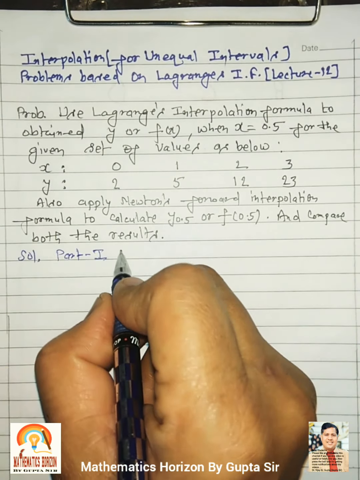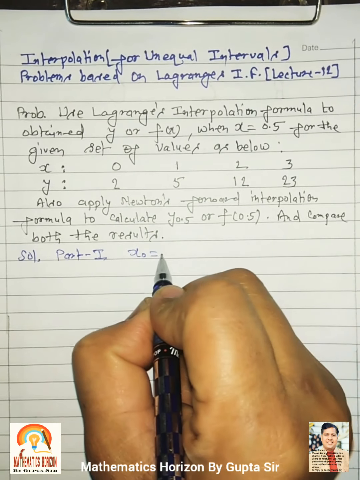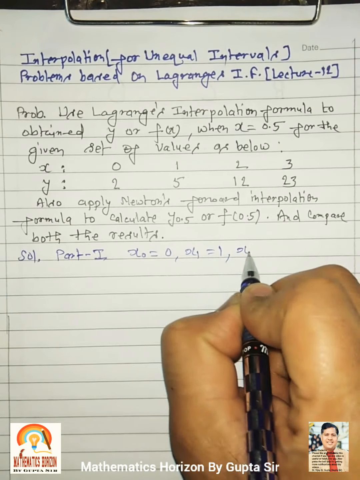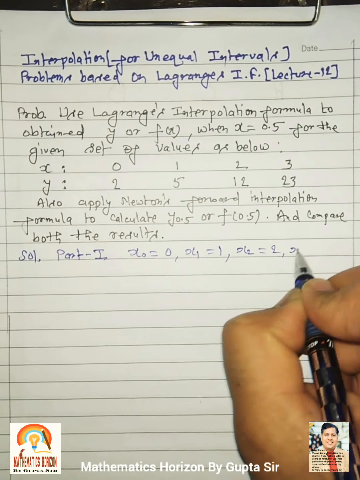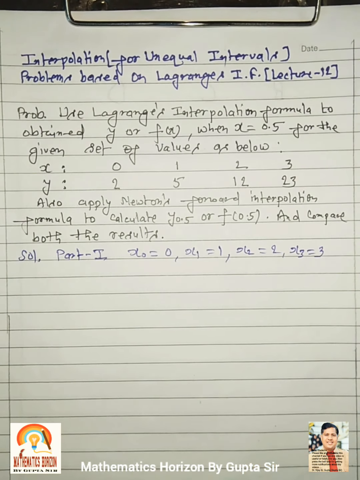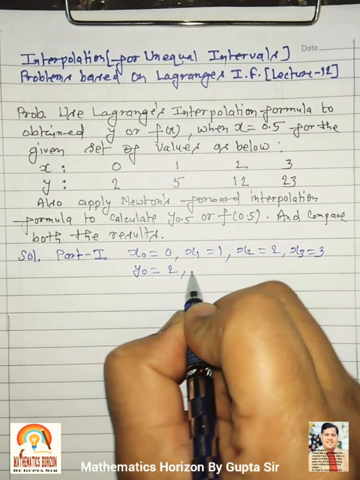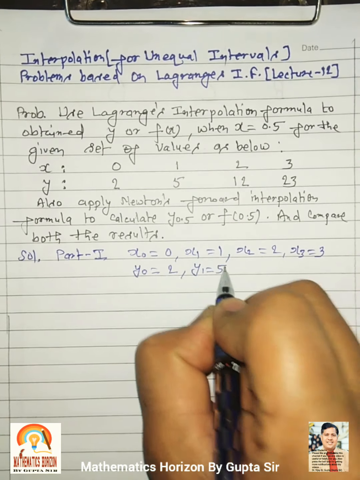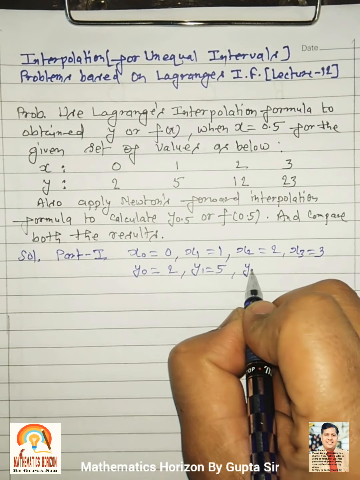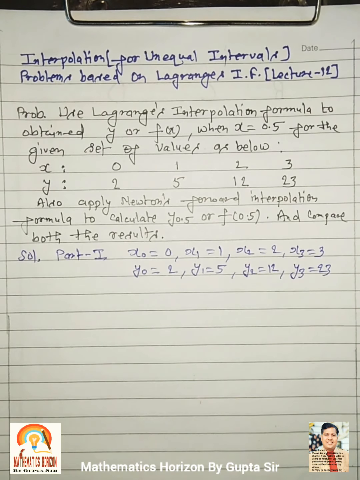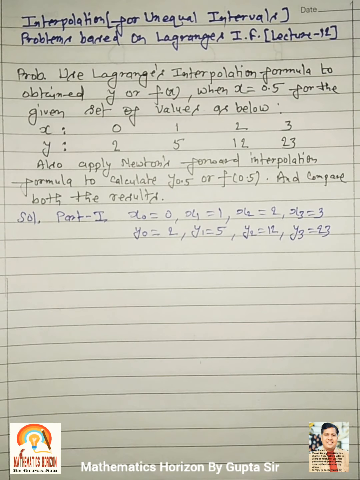Here the values of x0 equal to 0, x1 equal to 1, x2 equal to 2 and x3 equal to 3, and the corresponding values of y are y0 is 2, y1 is 5, y2 is 12 and y3 is 23. Okay, now we have to apply Lagrange's interpolation formula, and